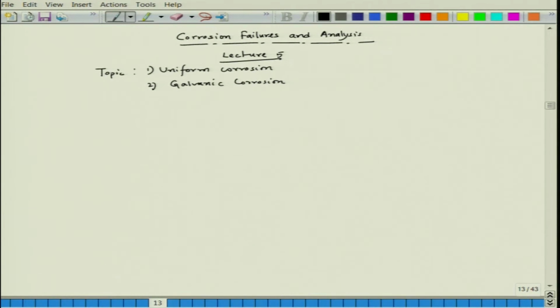and then we can also have the effect of a marine environment where we have dissolved oxygen, of course moisture or water, as well as chloride ions. And we have seen the kind of corrosion that happens, and if it is happening over the entire surface without any preferential location, then it will take place in a uniform pattern.